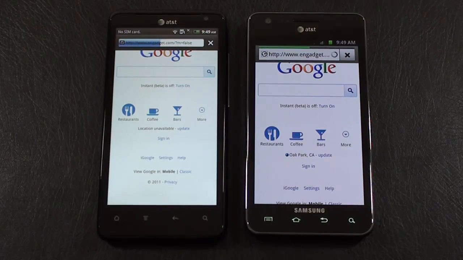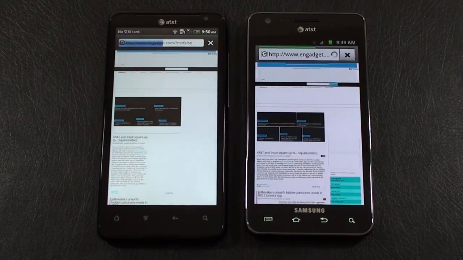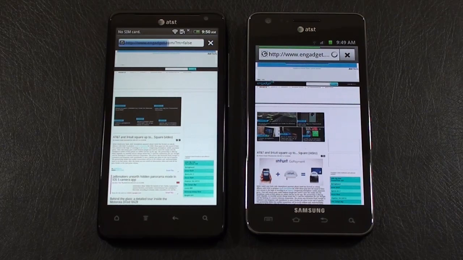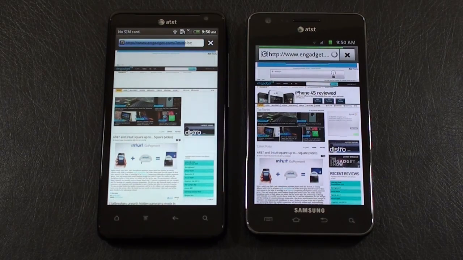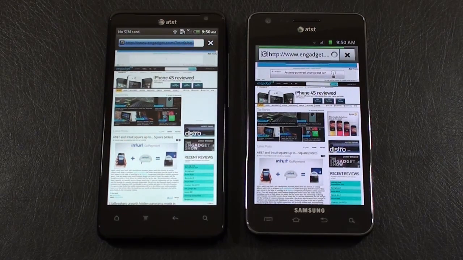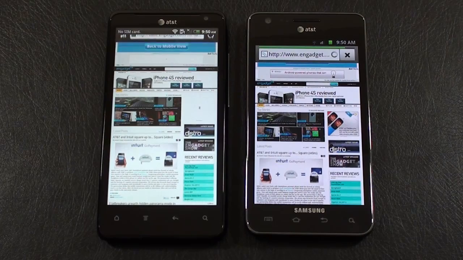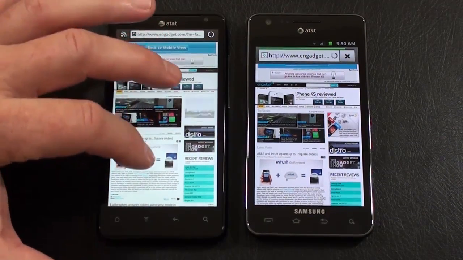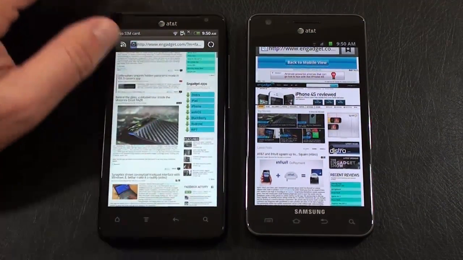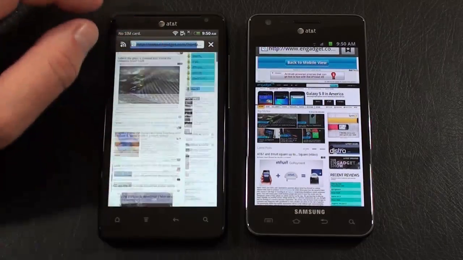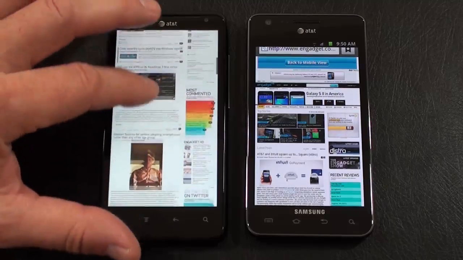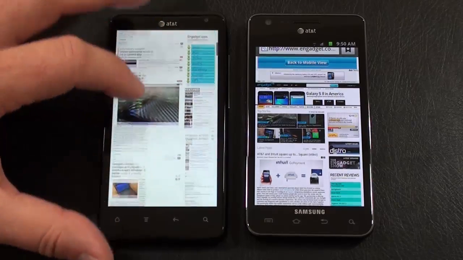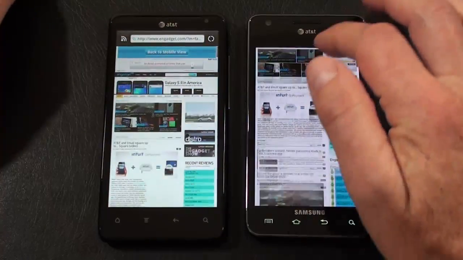I think I actually tapped on the Vivid first, but let's see what happens. Looks like a pretty even race anyway. And again, Flash is fully enabled on both. It was the Vivid first, and even with a little bit of a head start, it was still definitely quicker than the Galaxy S2, although a little bit sticky when I first started scrolling with it. Galaxy S2 again,